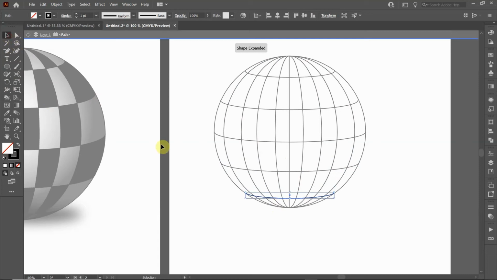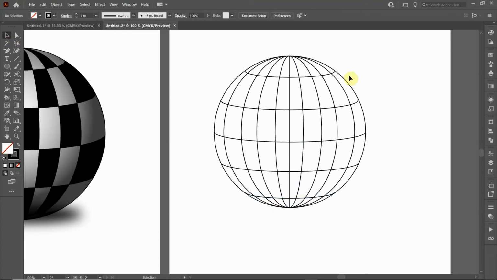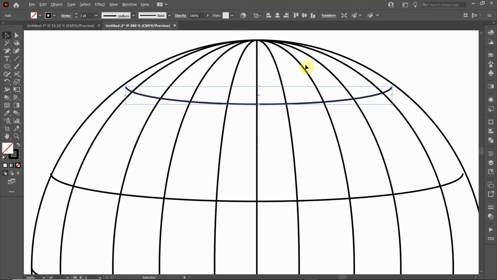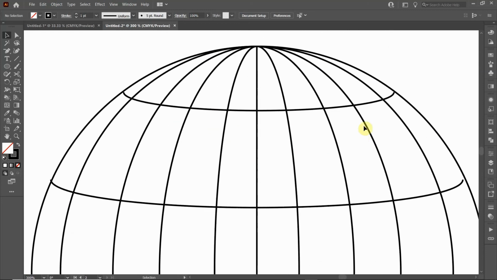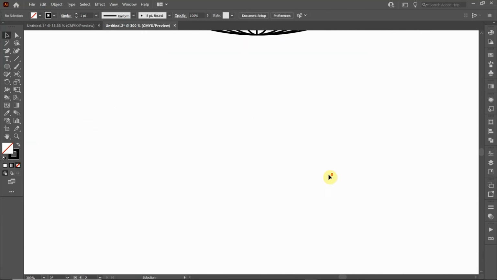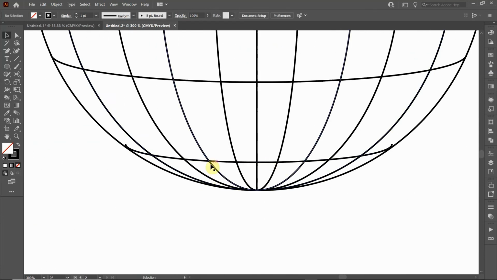Okay. Now you notice that it's not quite aligned up here. That's okay. You can just zoom in and hold the Shift Alt and just expand it till it meets up there. You really want it to join up. Okay. Then on the bottom, you're going to actually have to cut it right at that line, right where